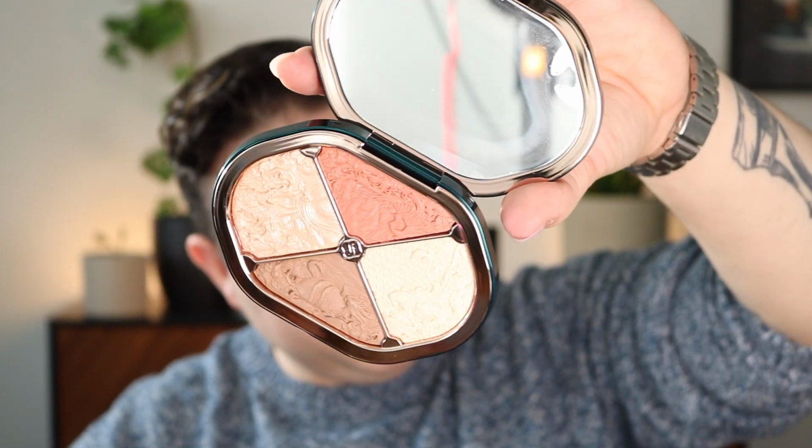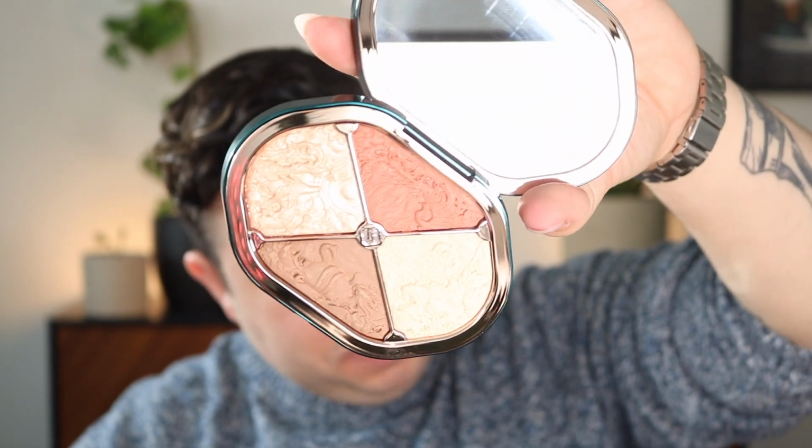Let me get that clear. It is so beautiful, and it has this beautiful design in it. This one has a champagne-y, blinding highlighter, as well as your more natural highlighter, a contour bronzer shade, and a blush shade. I cannot wait to try these. The swatches online looked beautiful, but I felt like I would be doing a disservice if I did anything to this pan before I showed it to you, because this is that beautiful,